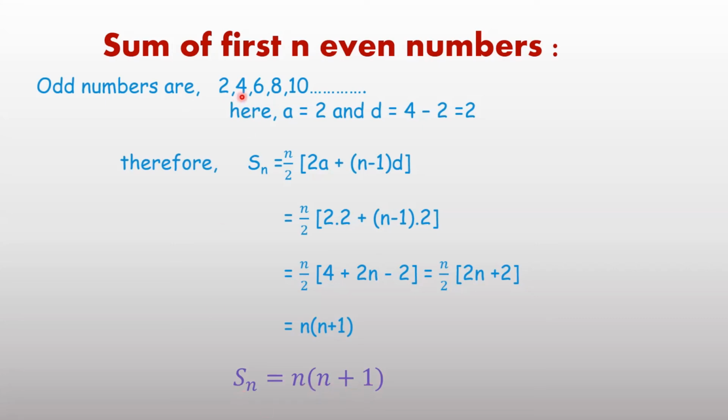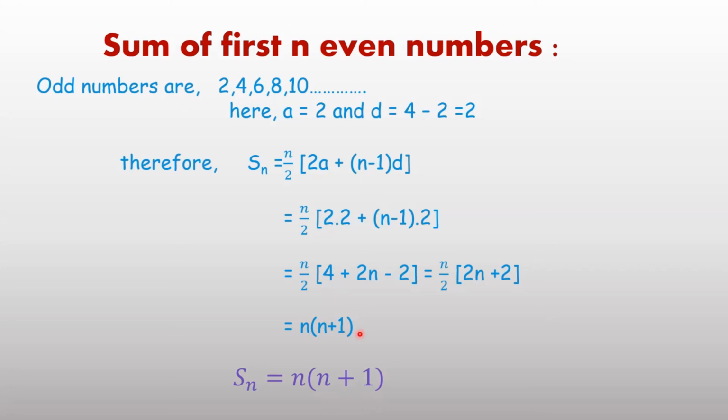Sum of first 3 even numbers, 3 into 4, 12. You can verify it: 6 plus 4, 10, plus 2, 12. Sum of first 4 even numbers, 4 into 5, 20, and also you can verify it: 8 plus 6, 14, plus 4, 18, plus 2, 20. In this pattern you can find the sum of first n even numbers. These are the basics of this chapter, arithmetic progression,